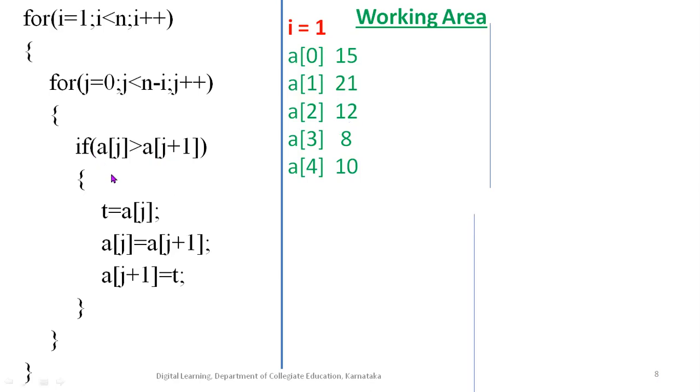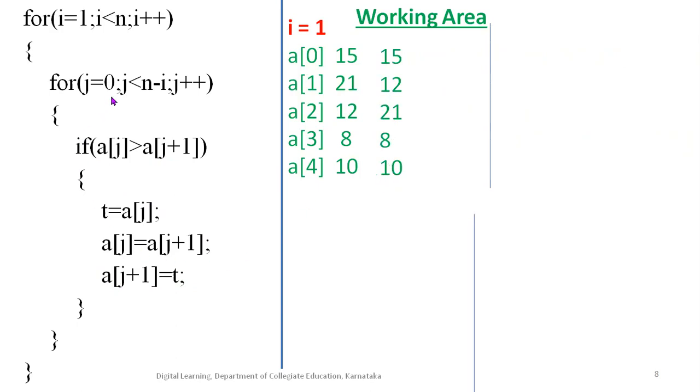So now the control enters inside the decision block. So this is the statement to swap the two variables. So swapping happens between a of 1 and a of 2. So 21 and 12 are getting exchanged. Now the list is going to appear like this: 15, 12, 21, 8 and 10.